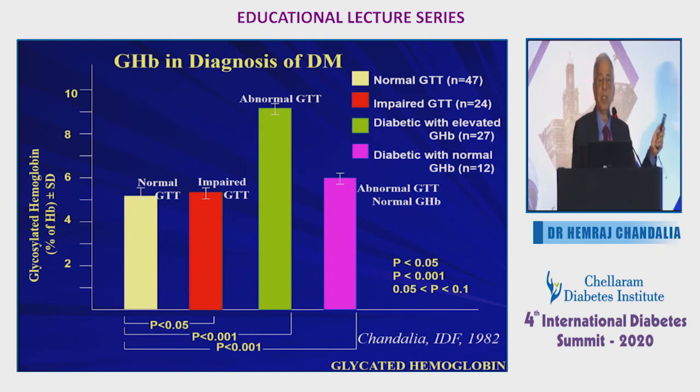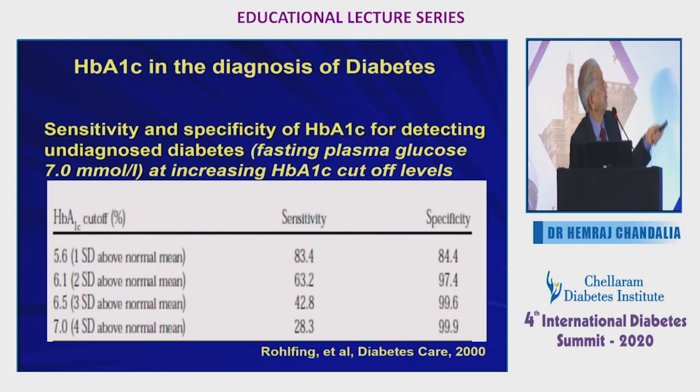So this has been now worked out in great detail, and this is how it is accepted. As for any test, you have to compare the sensitivity versus specificity. Specificity means if you say that person is diabetic, it is true. Sensitivity means you detect every diabetic and do not leave out anybody. And we always decide the parameters depending upon the combination of both sensitivity and specificity, and on that basis it has been